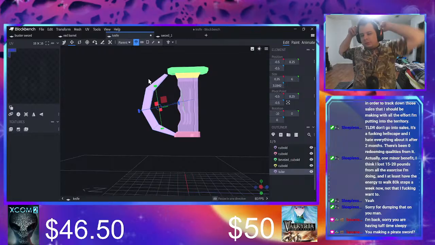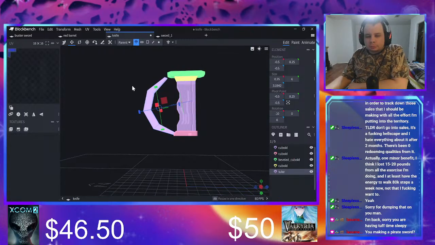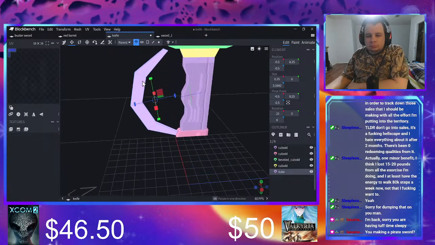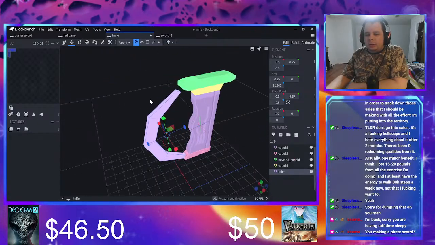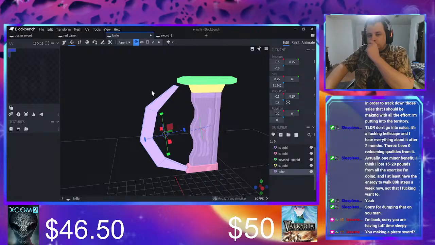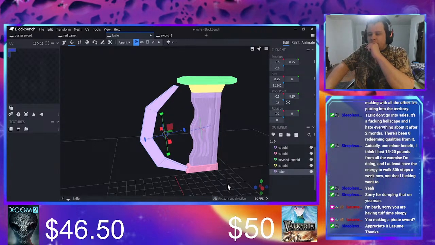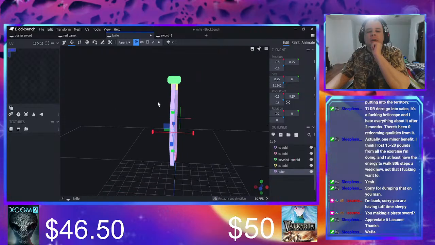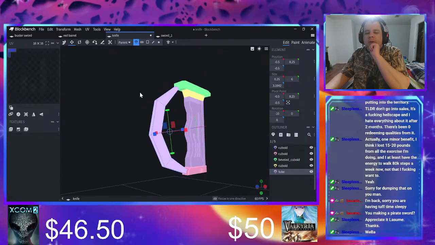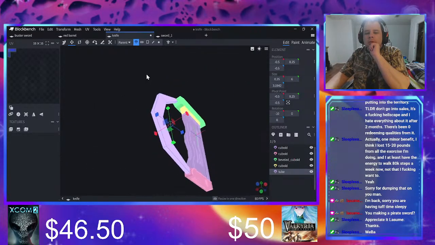But, yeah, let me see... Right now I'm trying to make the handguard for it. So this part that comes over the hand, the part that comes over the hand. But I'm trying to see